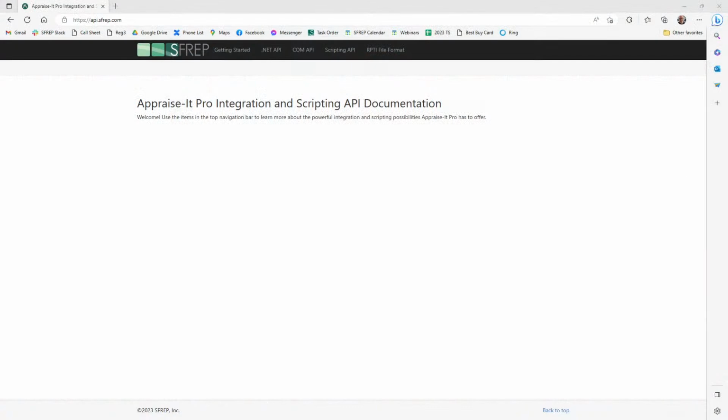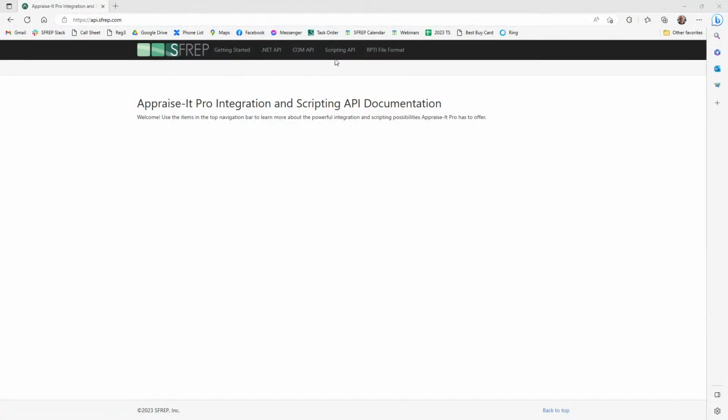Martin asks, do you have a Lua scripting to import MLS data to fill the comps grid? I'm not a programmer, so I don't know a lot about the scripting, but you can contact our tech support and they can assist you with that. And also, if you go to, hold on here, guys. Let me pull this up. I'll pull this over here and we will switch. Got a lot of things going on right now. Okay. If you go to